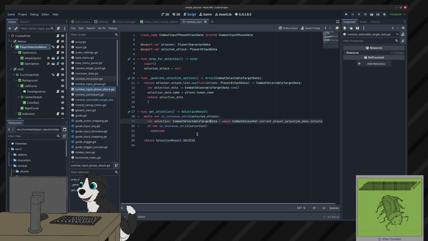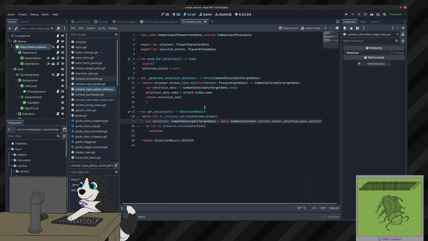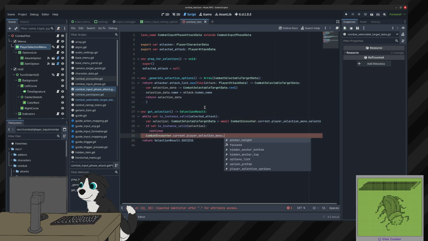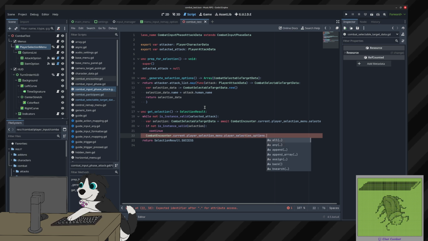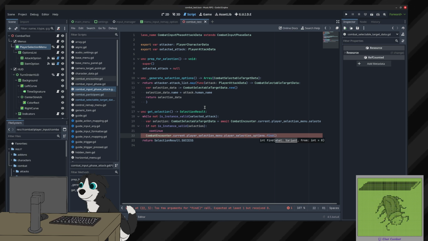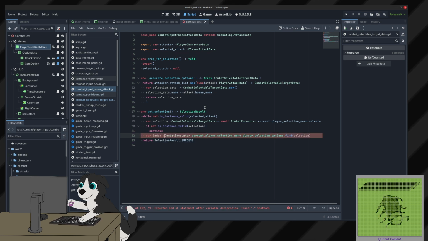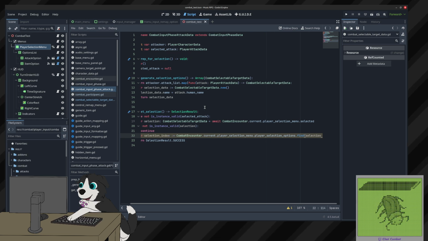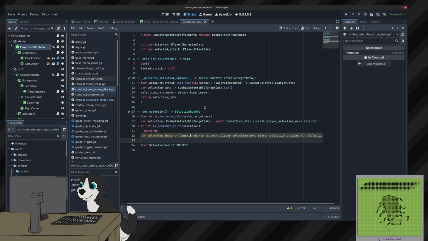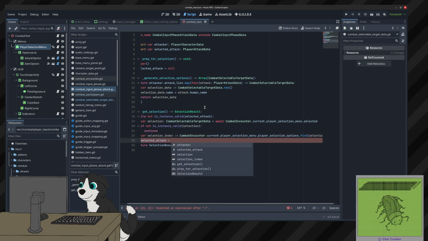I won't do it for now, but I might come back and do it later if performance needs it. Index. Selection index. Selected attack is